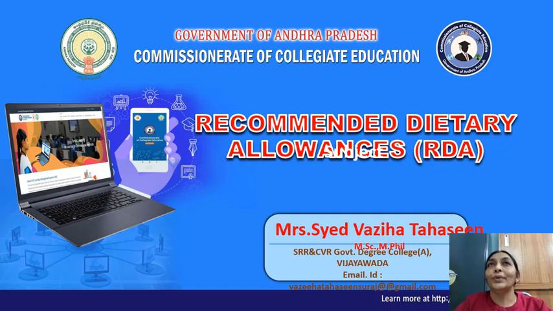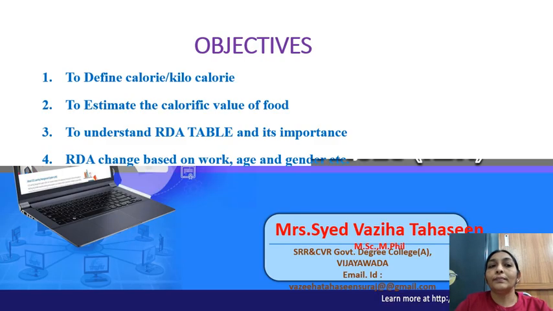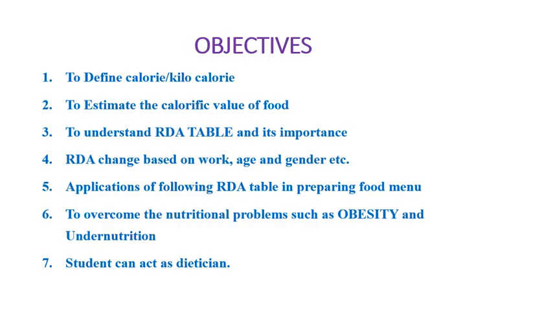Dear students, today we are going to learn a nutrition-based topic, that is recommended dietary allowances and determination of calorific value of different food materials. The objectives of today's lecture are to define calorie and kilocalorie and to estimate the calorific value of food, and students can understand the RDA table and its importance, the values in the RDA table, and